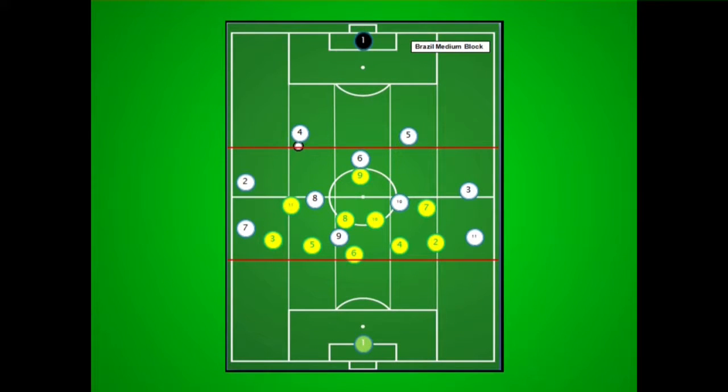However, defensively, they were very, very rigid. They sat, the number 6 dropped in the back line to make it a 5 in the back. The 2 wingers dropped in to make it a midfield line of 4. And the number 9's positioning was excellent centrally, basically to stop that number 6 receive the ball and pick up